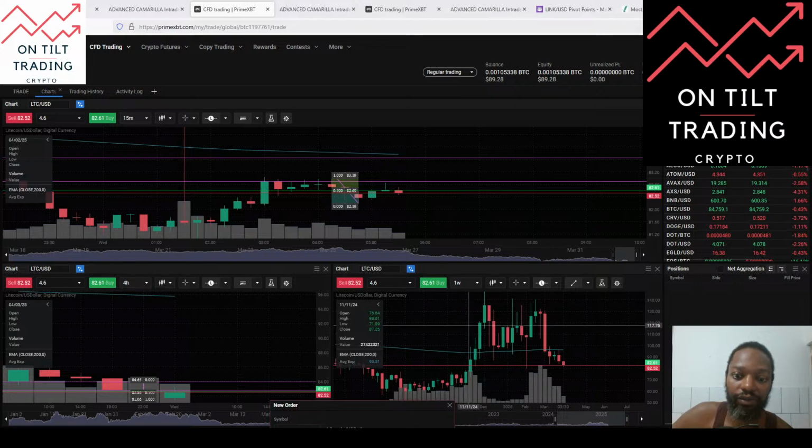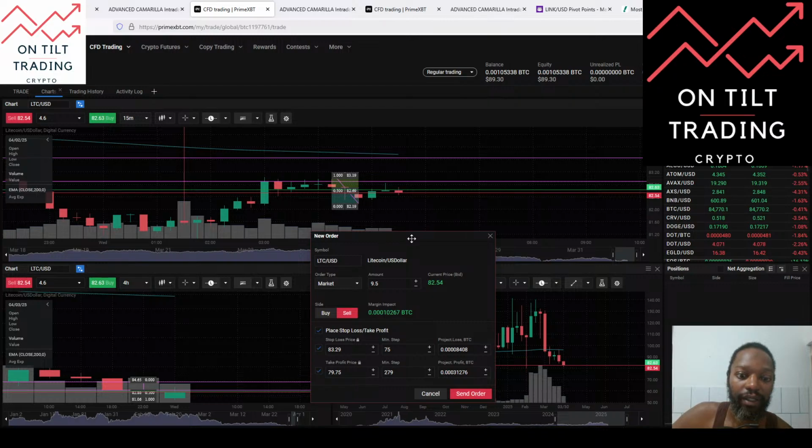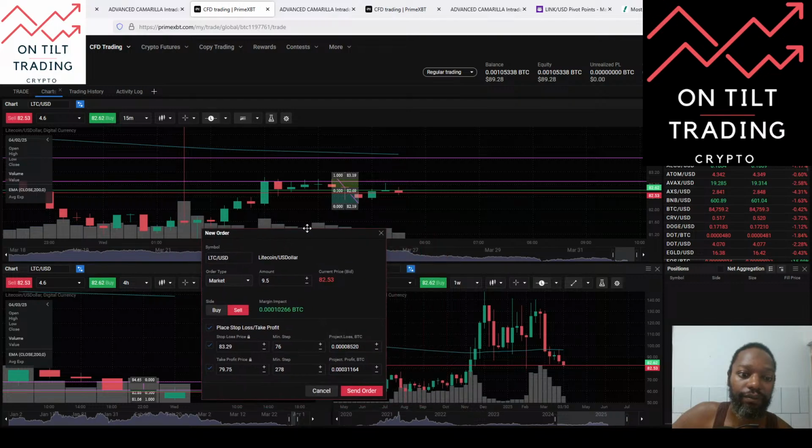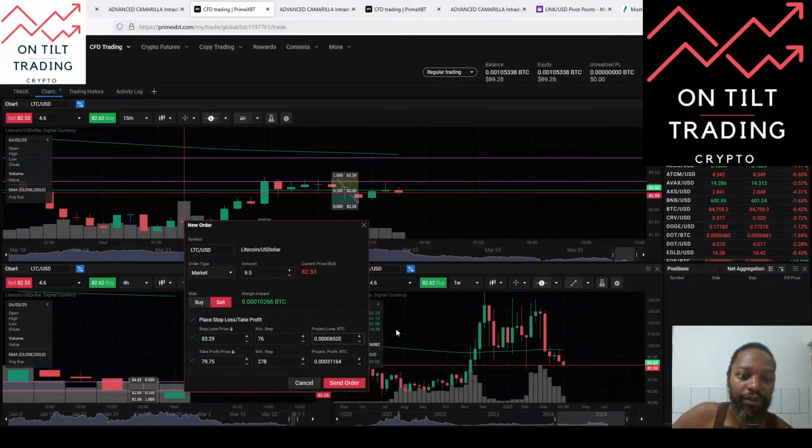The low of this candle is 81.51. The low of this candle is 79.67. Right now I've got an order preset. My target's going to be 79.75, and my stop is 83.29, which is 10 cents. There's a 9-cent spread, so it's 10 cents above this candle,